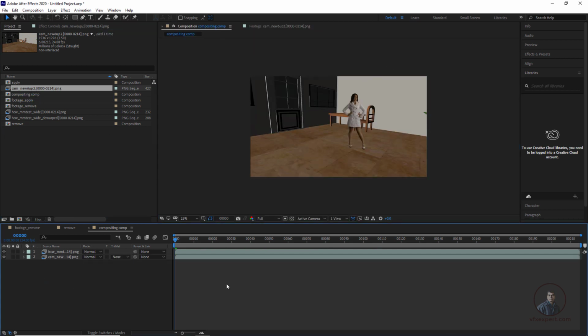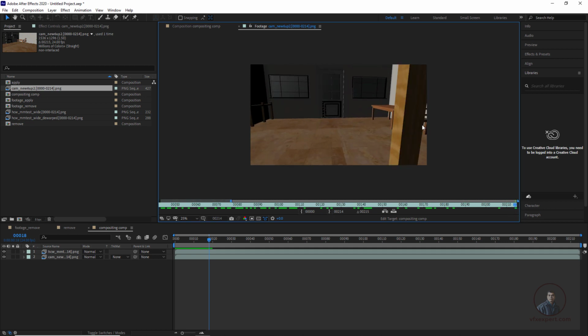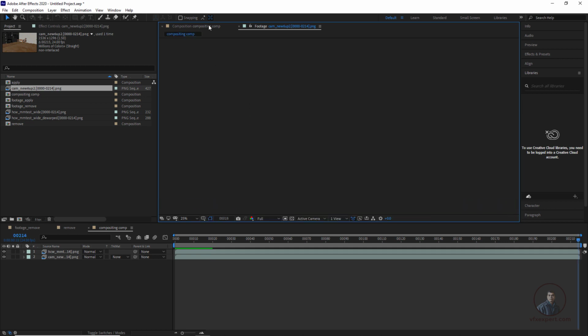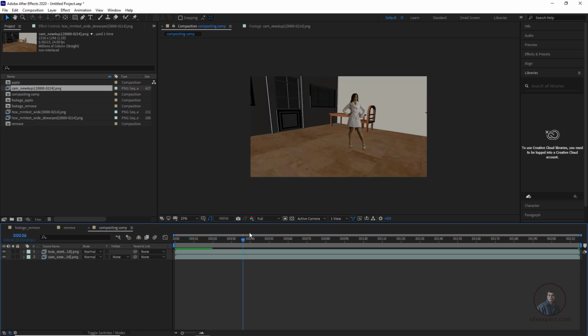Here you can see I have composed this one. This is our undistorted plate which I have rendered from Maya, and this footage I have also undistorted. Both are undistorted, so that's why I have composed it here. Now this is our final compositing.